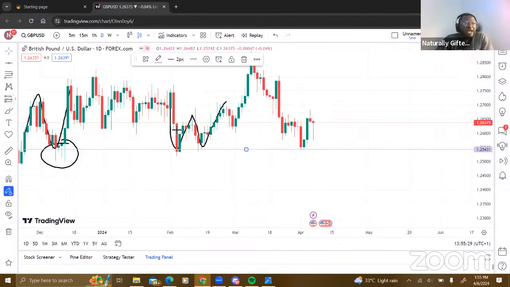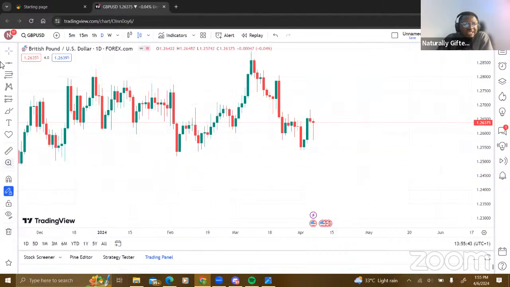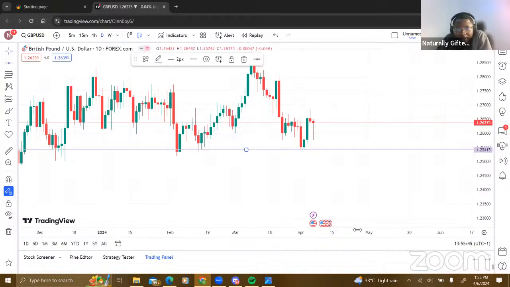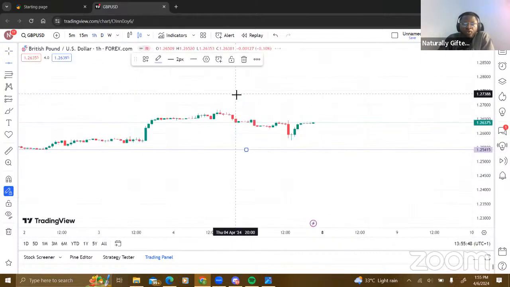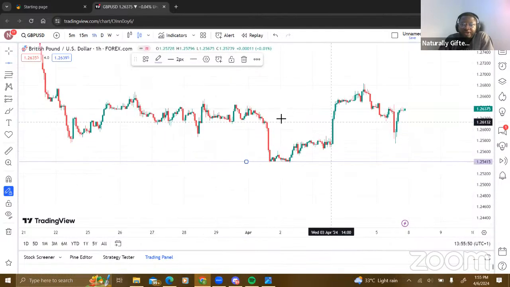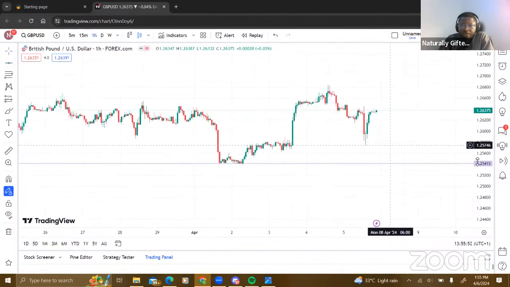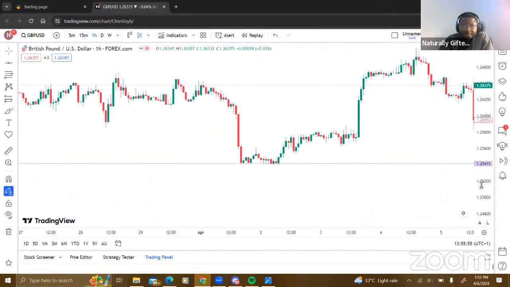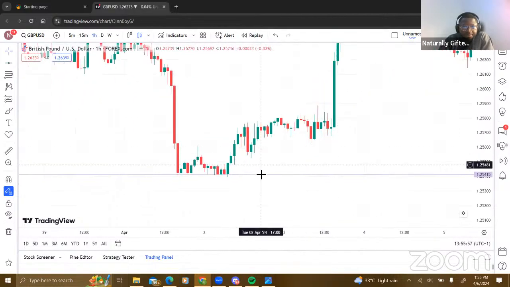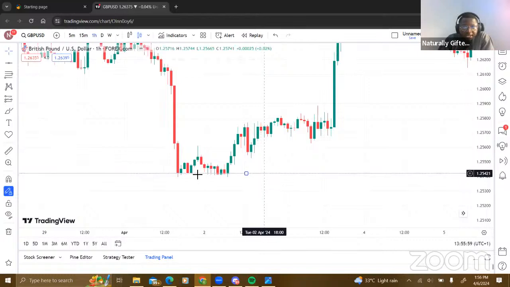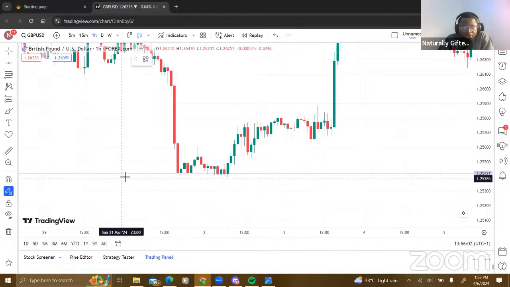Look at this. So I've identified here, as at this past week, on Monday, the price came down to this spot. And this spot is not an ordinary spot. Why? Because in the past, whenever price comes there, on the daily time frame, it moves back up. Okay, my own goal is to just identify that particular area. Then I move it to the 1 hour time frame. Now, on the 1 hour time frame, this is what price was doing. Yeah. Did this here on the 1 hour time frame. So I have this marked up like this, my support zone.